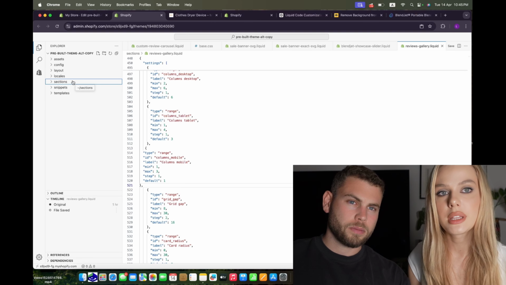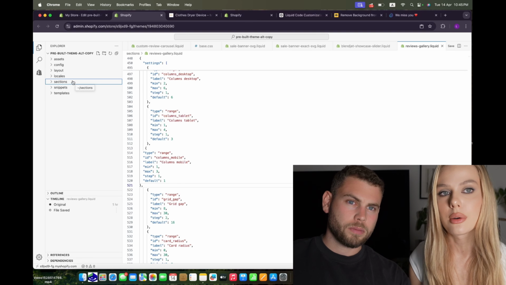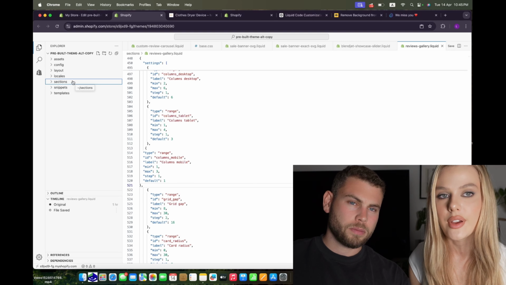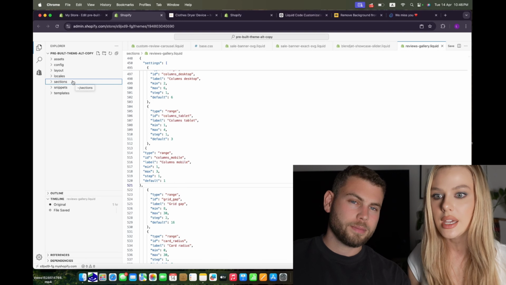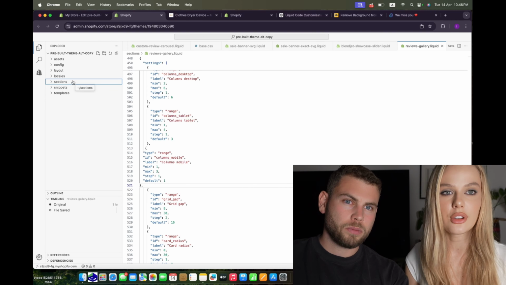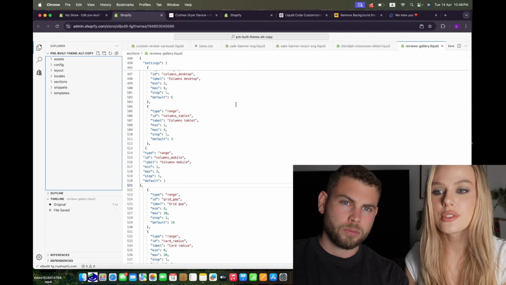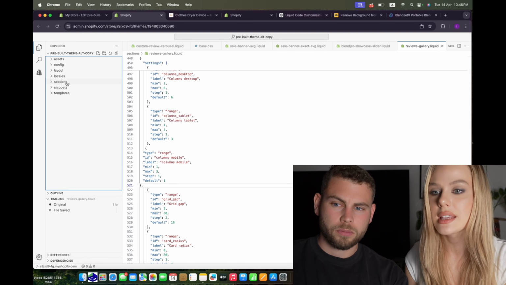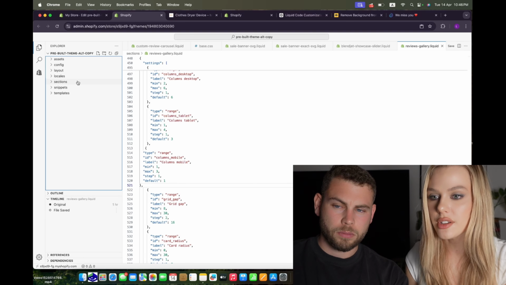And this is the environment that we're using to make changes to our website. Pretty much all the information that we see on the user interface on our website, everything is located here. So I can change everything from here. But don't worry, you don't have to change a lot here. All you want to do is to go here where it says sections, point your cursor on this, right click,